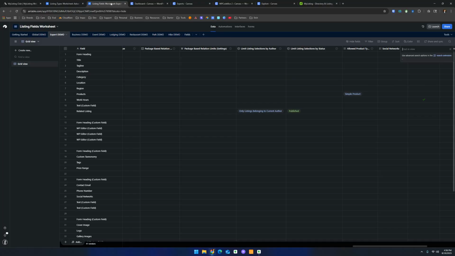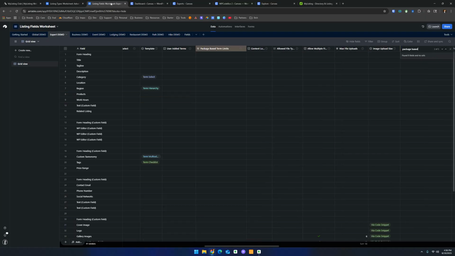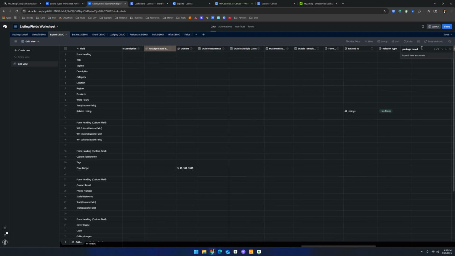Okay, so that was impacted, and the other worksheet that was impacted was the listing fields. So if we do a search, Control F, in Airtable for the words package based, there should be three of them here. So here's the terms based. You're going to get a column for that. Clicking on the informational item, you're going to get some information on what this means. Okay, let's do search again. Here's another. So file based. There's also the one that covers the related listings. And there was one more, and that was the